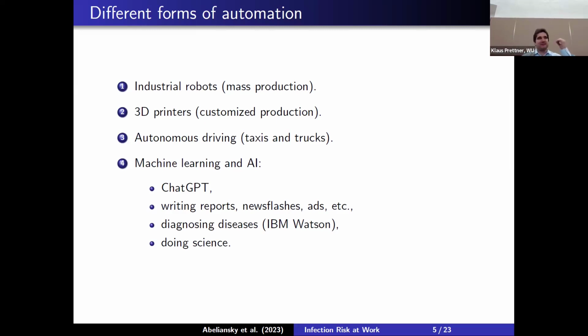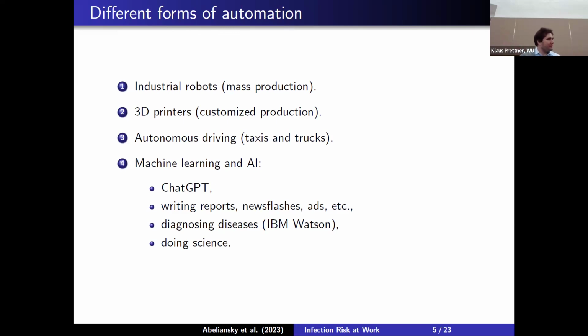So in case of hearing aids, they are almost exclusively now produced by 3D printers. You have a scan of the ear and then you send it to the printer and the printer prints it, and it's really customized to every single patient. And that's different from mass production, of course, where robots have been used also before already on a large scale. Then what I also put here is autonomous driving, just for the fact that this is an occupation